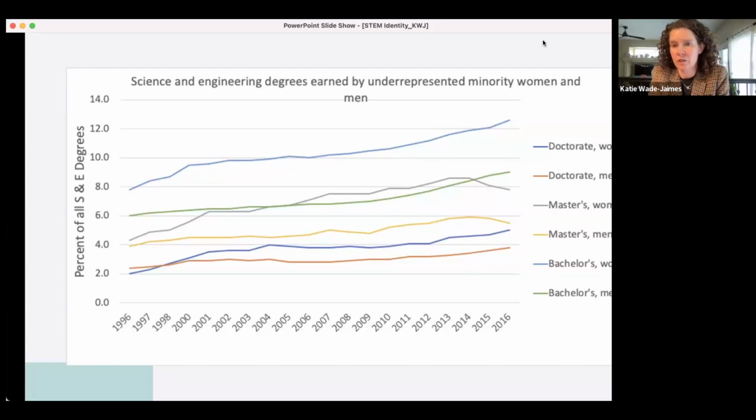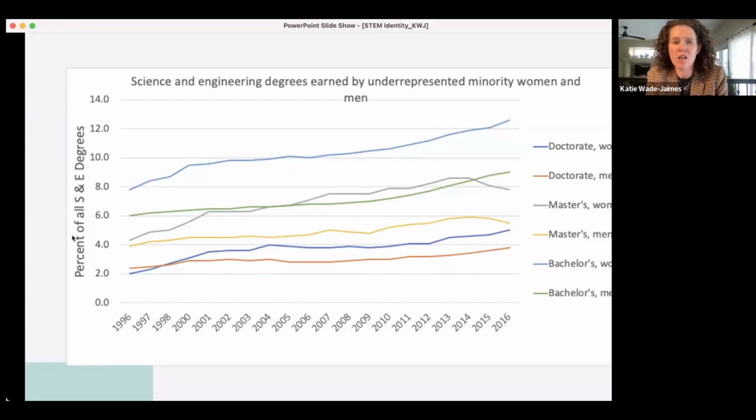And they are specifically looking at groups that are underrepresented. And I'm going to use the terminology that the NSF uses for this, which is not always the terminology I would use. But so they're talking about underrepresented minority women and men. This is the graph that for a long time was kind of the front of this report. And if you look at it, you can see that it goes back to about 1996. The last year was 2016. The next few slides I show you are a little bit more updated.